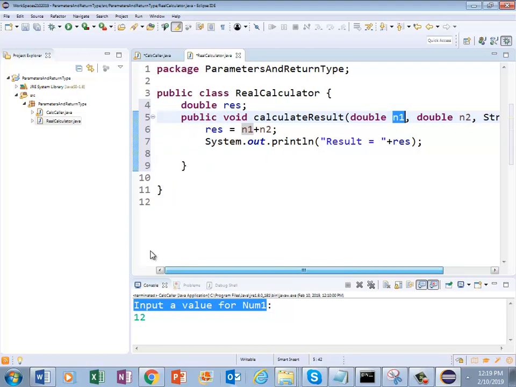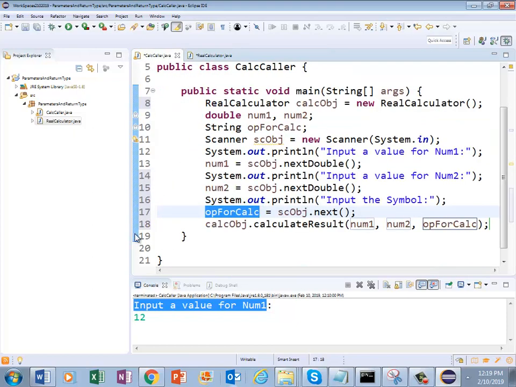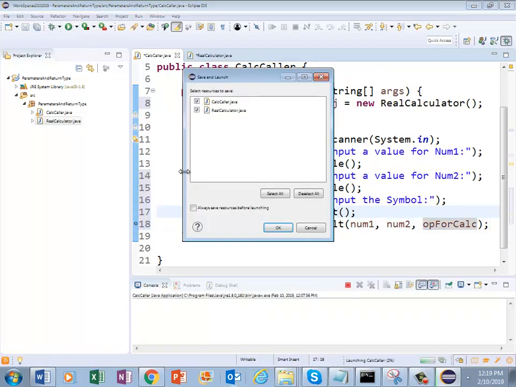Now if I put a breakpoint here, let's say a breakpoint here, and if I debug instead of run,